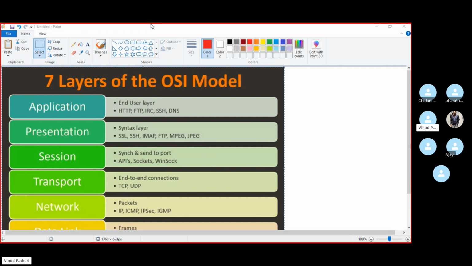Okay, so now coming to the standard procedure of the OSI model. What is meant by OSI first? Ever heard about this?